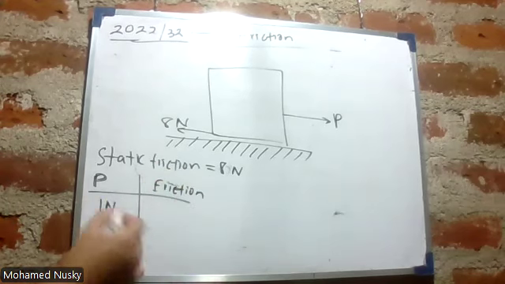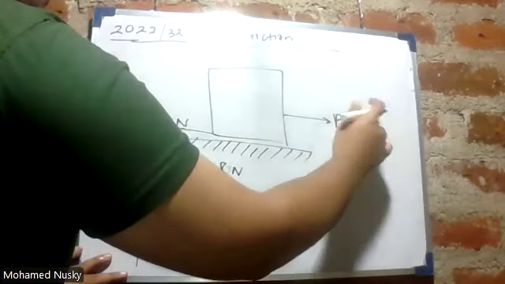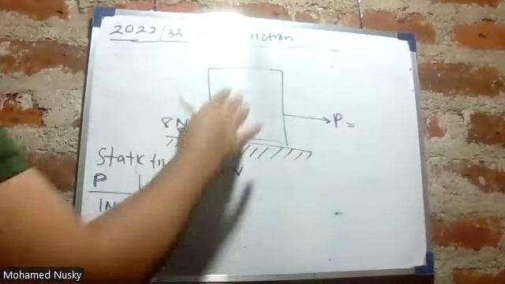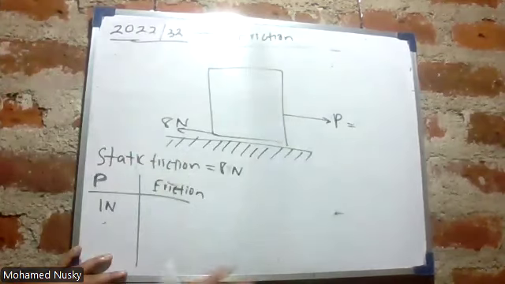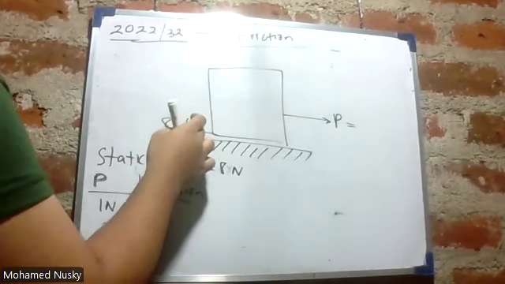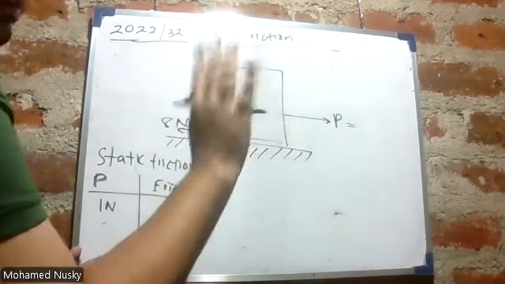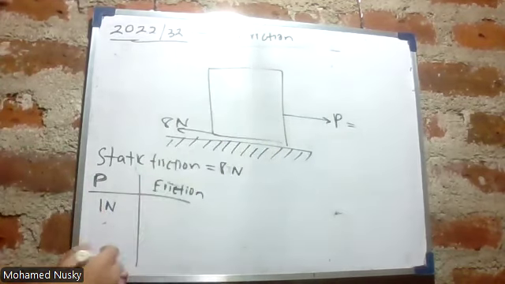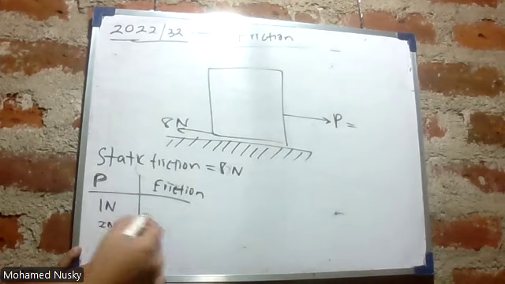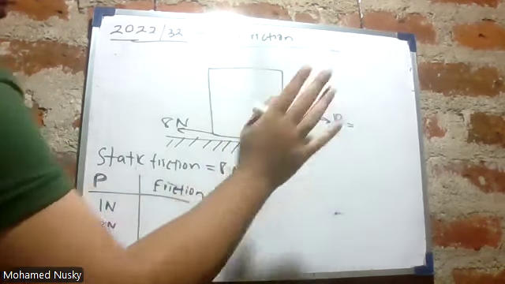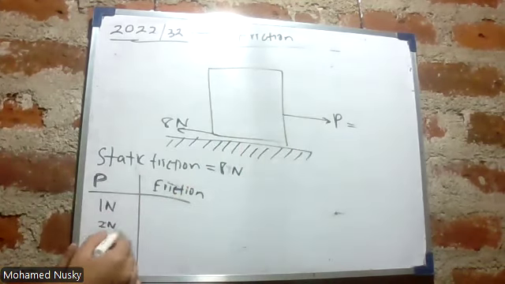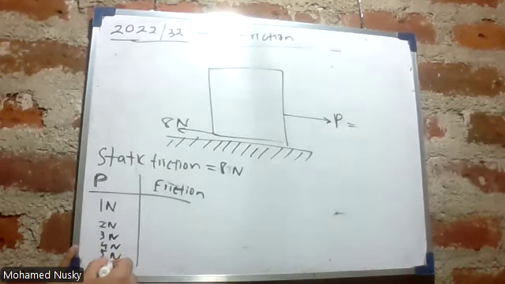When I apply 1 Newton, will this box move in the forward direction? No, because 8 Newton is greater than 1 Newton. Therefore, this object will not move. It will stay at rest. If I give 2 Newton, also the object will not move. If I give 3 Newton, 4 Newton, 5 Newton, 6 Newton,